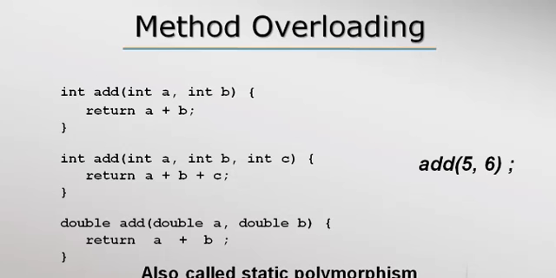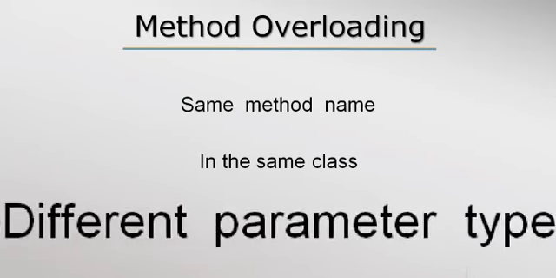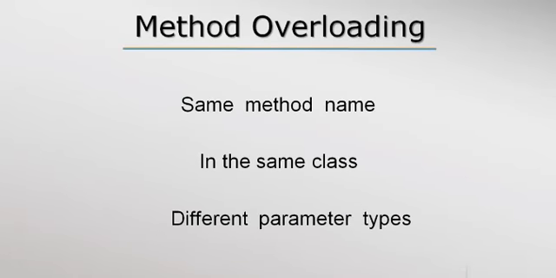Now, this static polymorphism in the sense of method overloading is different than the polymorphism we use in the sense of object-oriented programming, which is called dynamic polymorphism, alright? And we'll talk about that slightly later. Now, in summary, we say that a method is overloaded if we have multiple methods with the same name and all of them exist in the same class, but they have different parameter types. Essentially, their method signature must be different.